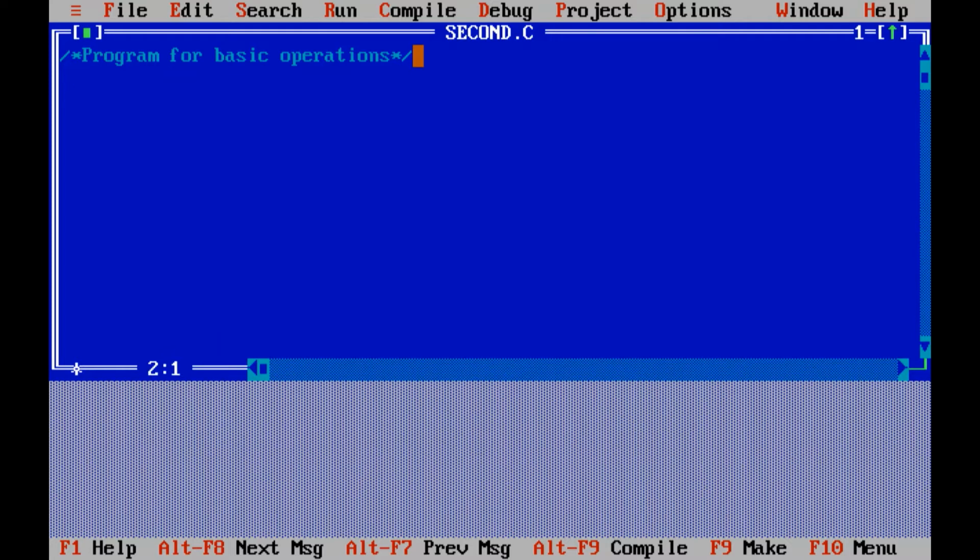Next, the first thing is header files. We are going to include two header files, that is conio.h and stdio.h. Why are we using them? In the first lecture, the hello world program, I discussed why we have used conio.h and stdio.h.